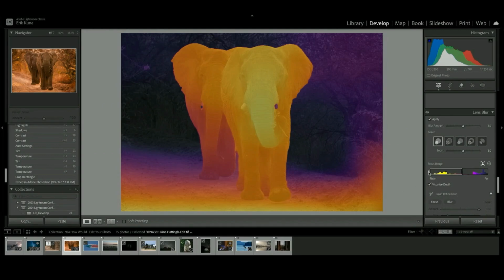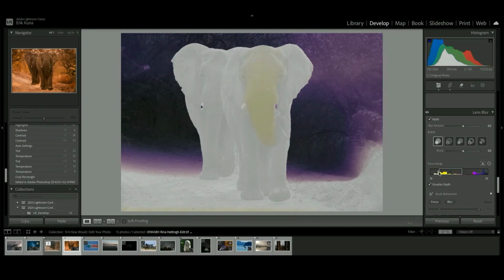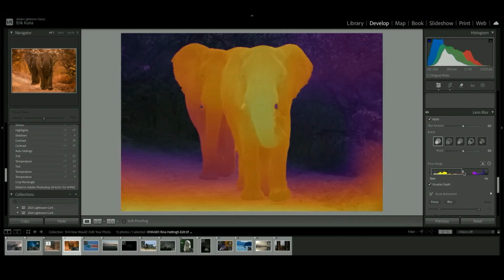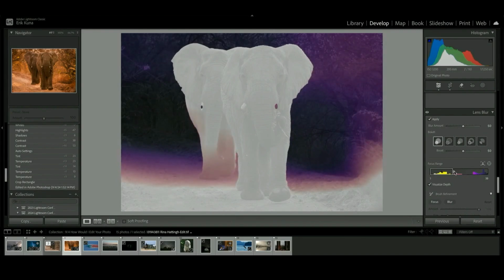So I can actually grab this area and go, now the elephant, you see how the elephant's becoming less in focus when it's turning that yellow. That's if you wanted some depth of field in the front. I don't really want that. I want the elephant to be all sharp. And then if I bring it in from the back, there we go. You can see how the other elephant's kind of turning into